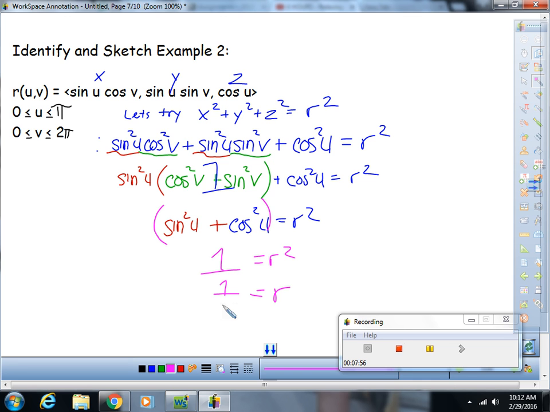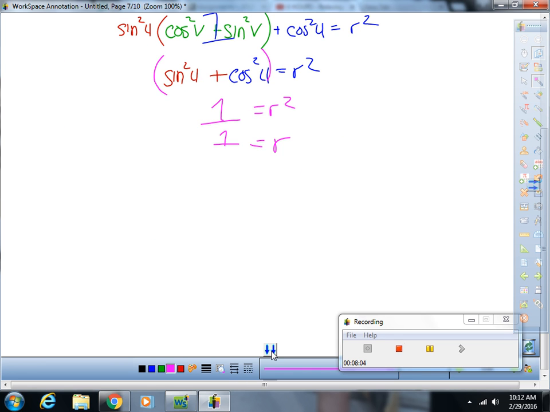So what the heck? What surface has the equation r equals 1? Well, that would be a sphere. Okay, so if we wanted to sketch this graph,